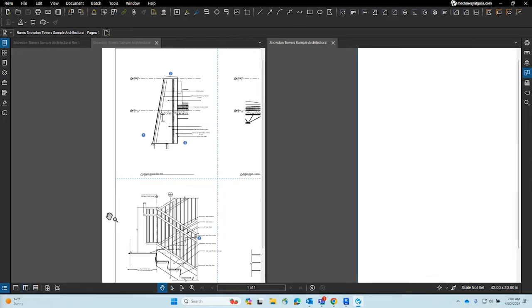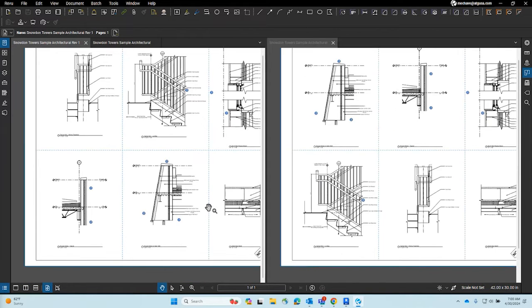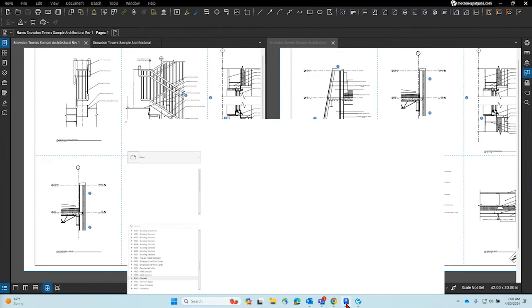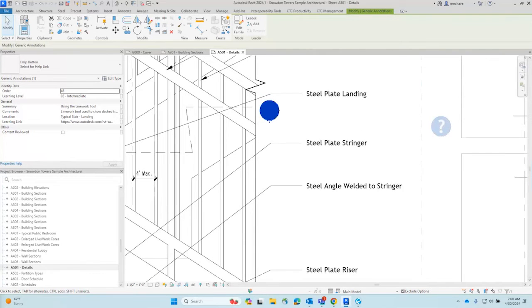So if I split the screen and look over here, what's the question with the marks? You can come over here. I don't know what they did in Revit. They're part of Revit. Oh, okay. What the hell? Help button. Oh,